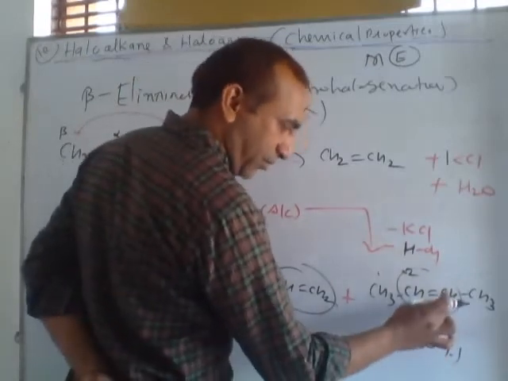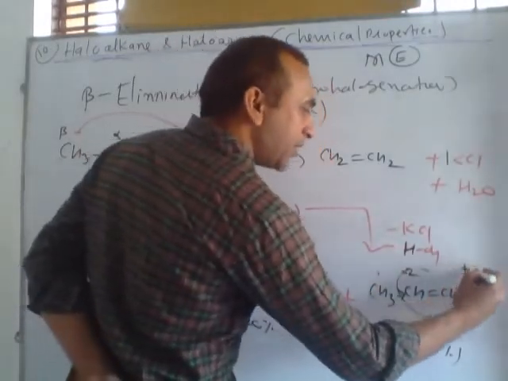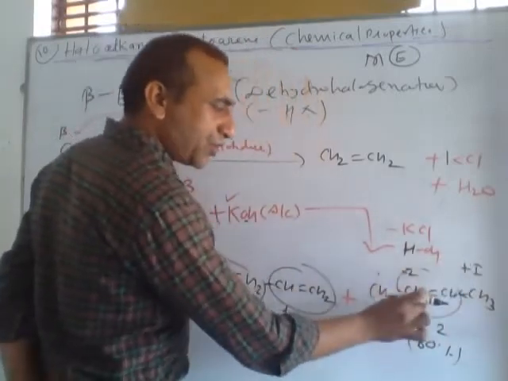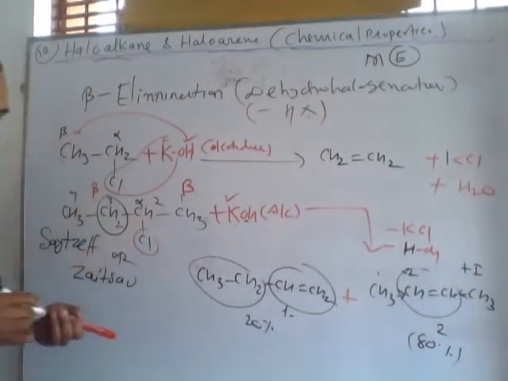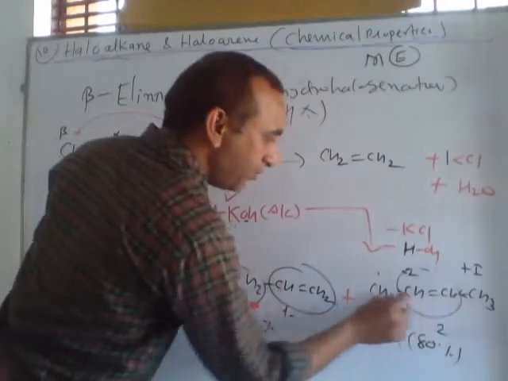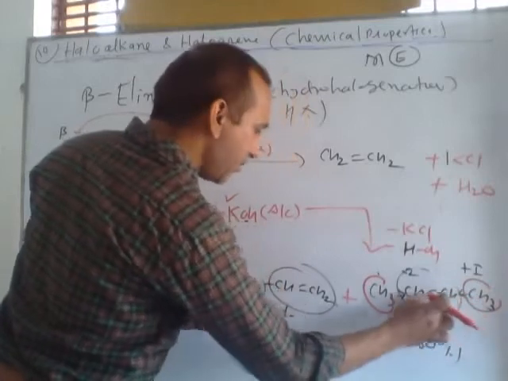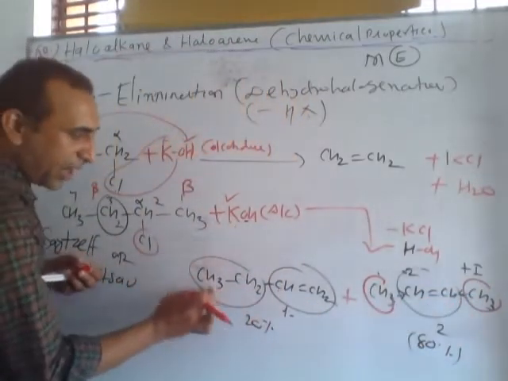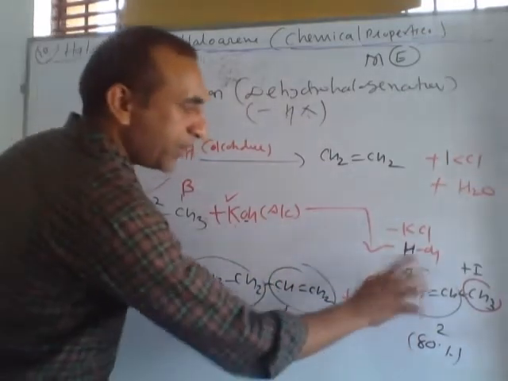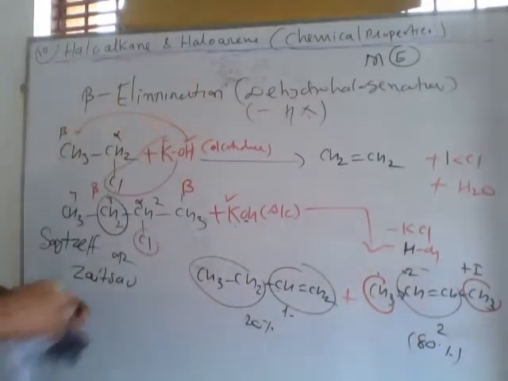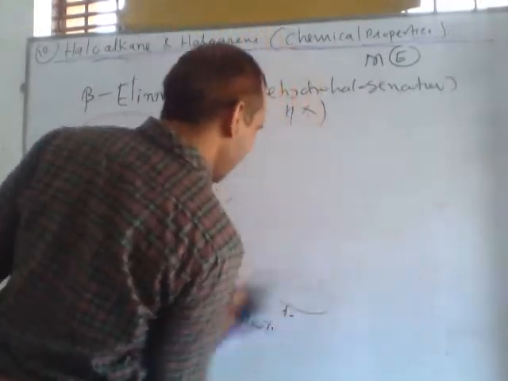In the symmetric alkene with the double bond, two alkyl groups are present which have a plus inductive effect, which gives stability to this alkene. It means after the reaction, the alkene will form in which the maximum number of alkyl groups are directly connected. In this product two alkyl groups are connected with the double bond. In this case there is only one alkyl group connected with the double bond. So this is called the Saytzeff or Zaitsev rule, and the major product will be that alkene in which the maximum substituents are directly attached to the double bond. This reaction is called beta elimination.